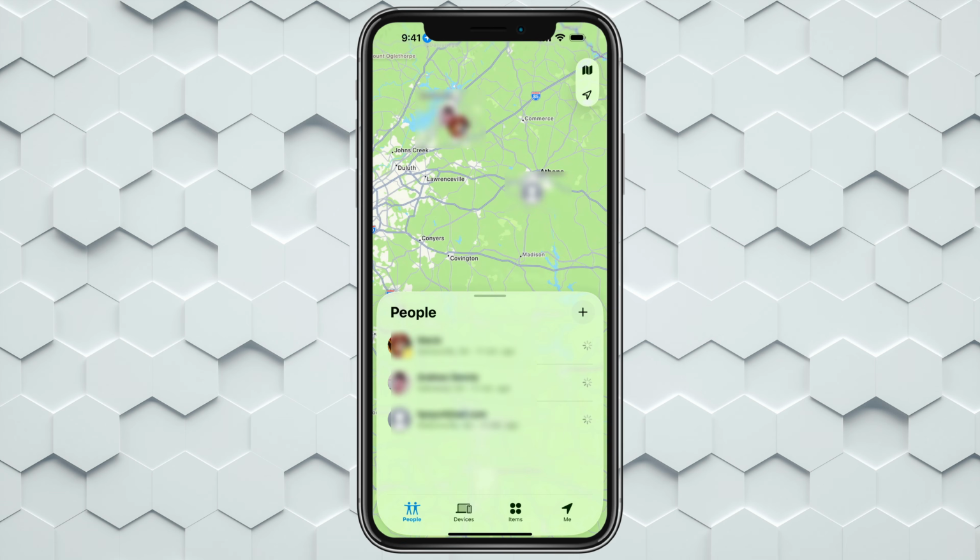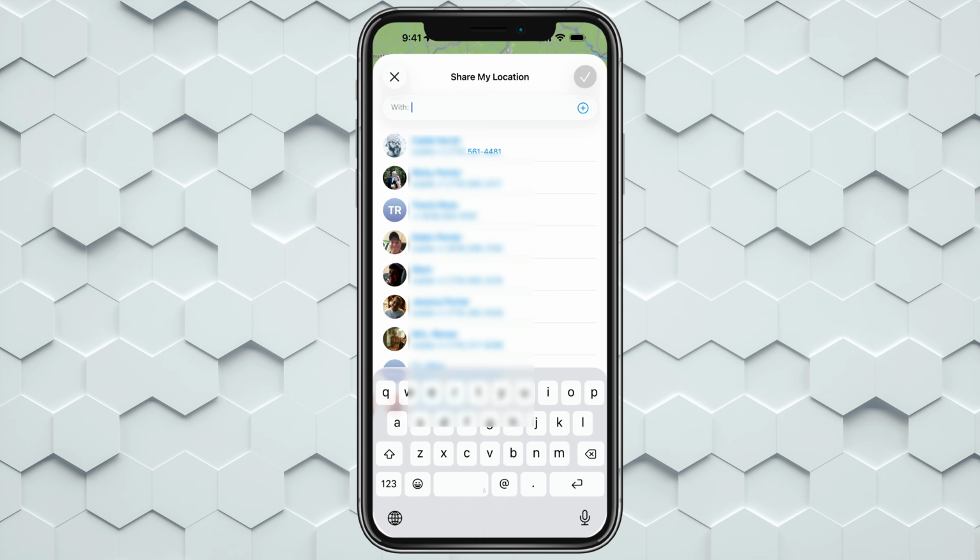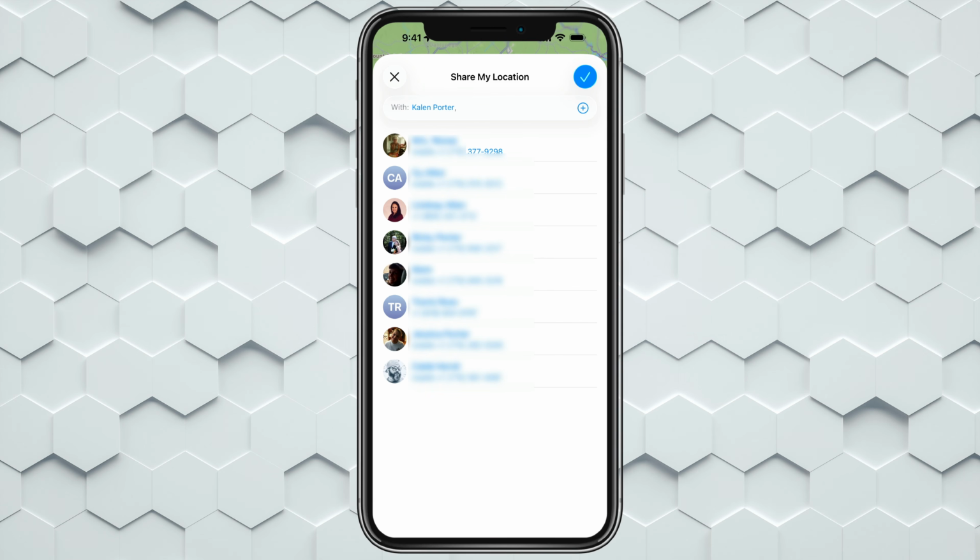Tap into Find My, and then what I want you to do is hit the addition symbol right here where it says People. So tap on People in the lower left-hand corner, and then go ahead and tap the addition symbol right there. Once you're here, you want to tap on Share My Location. Tap on that, and then you select the person that you want to share the location with, and then tap